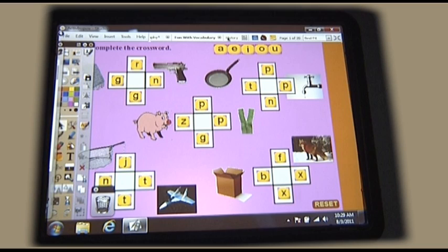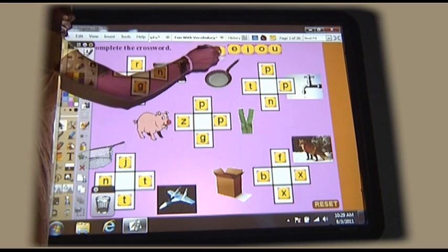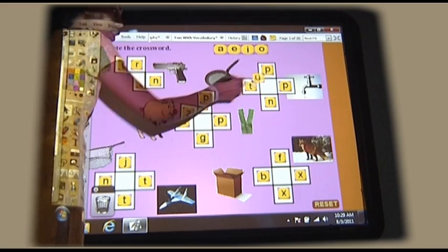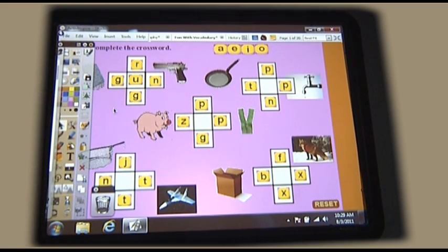Next is for primary. Whatever we are creating in our session is not only for primary, the same tools can be used for secondary also. Like we have created some flip charts over here, where the right alphabet should come at the right block, and if the wrong answer is dragged, it would return back to its place. Like the answer would be U. If I drag A over here by mistake, that will return back to its place. Only U will stay at this place, as the answer is gun and rug.